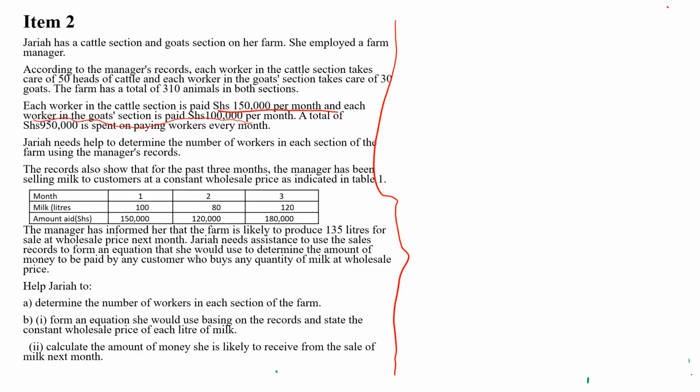So this was the direct proportion, because you see when he sold 100 liters, he got 150. When he sold 80 now, after the quantity of milk reducing, also the amount from sales reduced. And then when it rose to 120, also the amount rose. So this was all about direct proportion. So here would come the first thing. You come and say let number of liters,